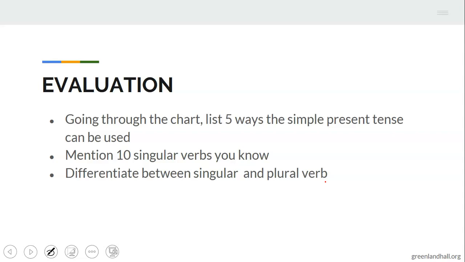So let's have some plural verbs that you know. You can just remove the S from all the ones we mentioned before for your 10 singular verbs and you have your plural verbs. Now we have jump without the S, jump, write, sweep, sleep, swing, swim, borrow, lend, give, take, come, go. Beautiful. That's very beautiful.